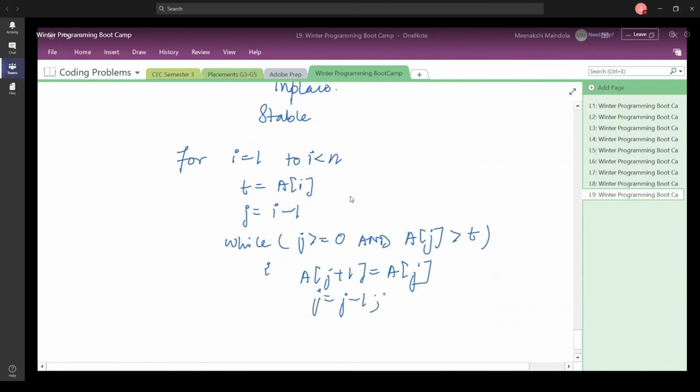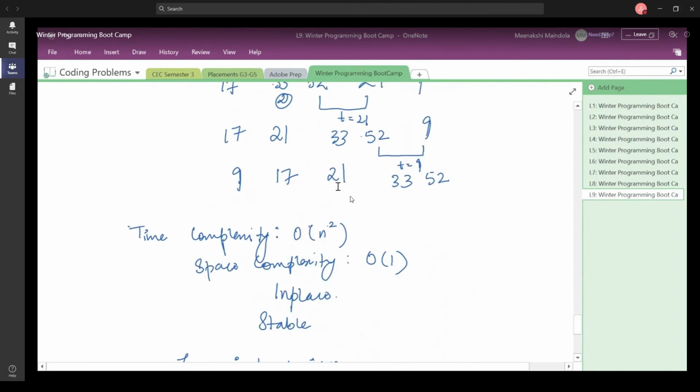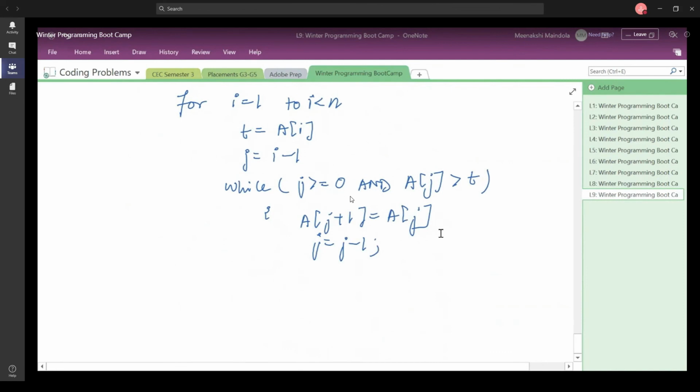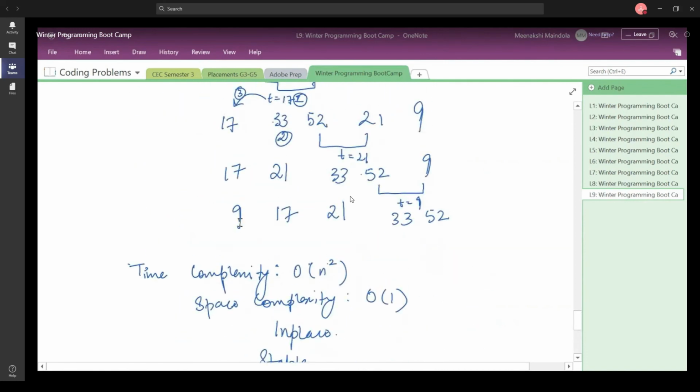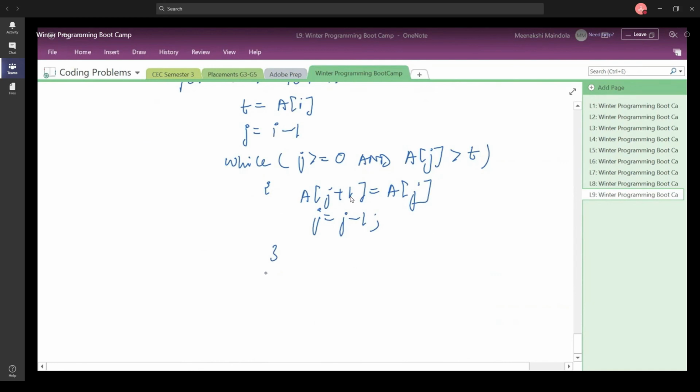Why do you do j is equal to j minus 1? Because now you are going to compare with the previous element. So comparing with the previous element, you will require an index which is going to track and store the previous element as well. So you do j is equal to j minus 1, and finally when you come out of this loop after comparing every time, when you want to store this temporary variable back at its correct position, when you store 9 back to its correct position, you do a of j plus 1 is equal to the temporary variable, right?